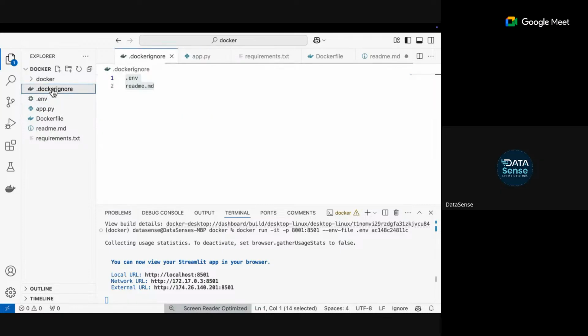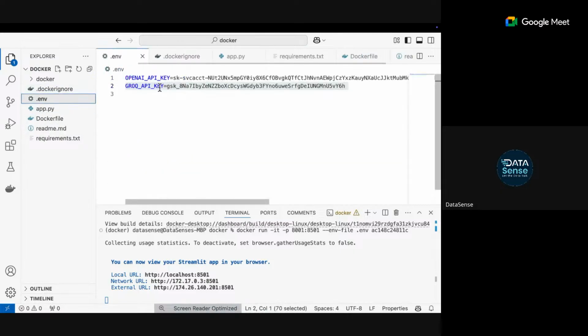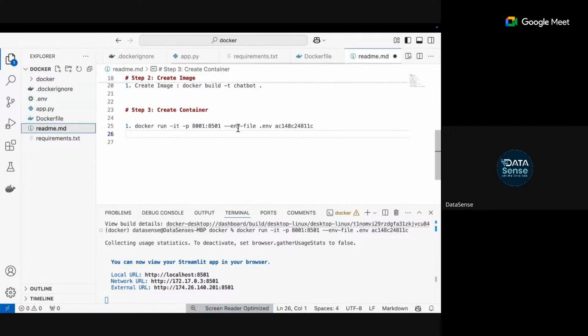We used a .dockerignore where we said that the .env file will not go. So in the image, I don't have the .env value, and without the Grok API key my chatbot will not run. That's why we need to provide the API key here through the .env file.